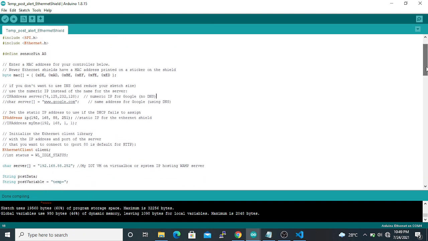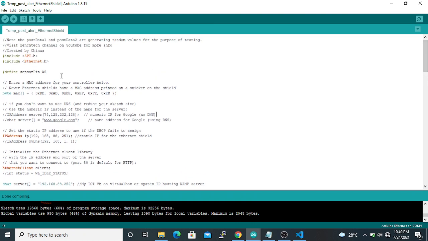Yeah, so for the MAC address, you can see it says enter a MAC address for your controller below. Newer Ethernet shields should have a MAC address printed on a sticker on the shield. So for this one, this is the default MAC address that came with it. The IP address, this is a static IP that you set. So I use